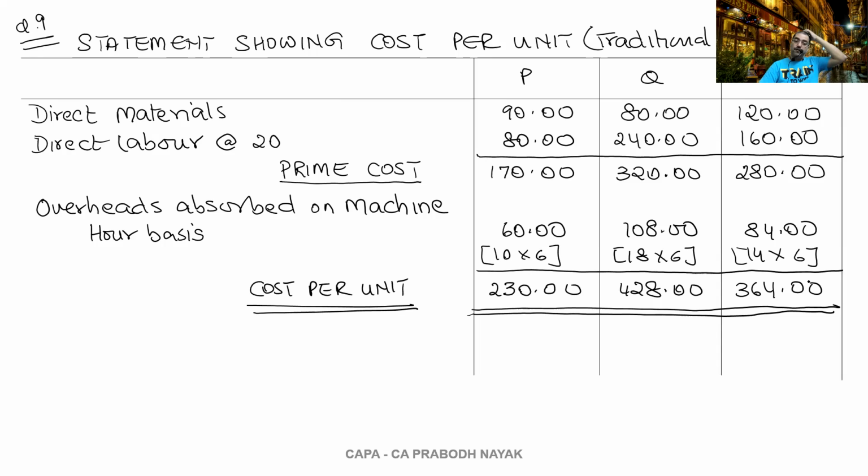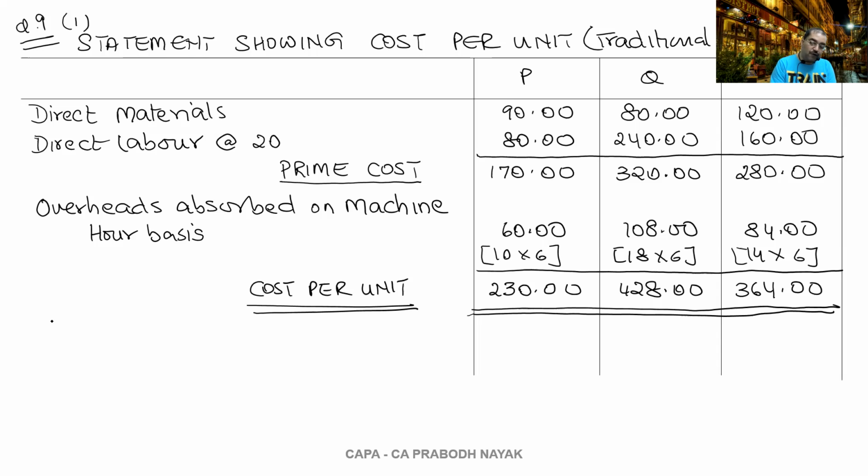Okay, so this is the traditional costing. Now, when we are switching over to the ABC method, the first thing that we need to know is the total overheads. How much is the total overheads? And after calculating the total overheads, I will have to analyze it: machine setup cost is 20%, machine operating cost is 30%, inspection cost 40%, material procurement cost is 10%. That is what they have given to us. So first let us find out the total overheads. For total overheads, I require total production hours.